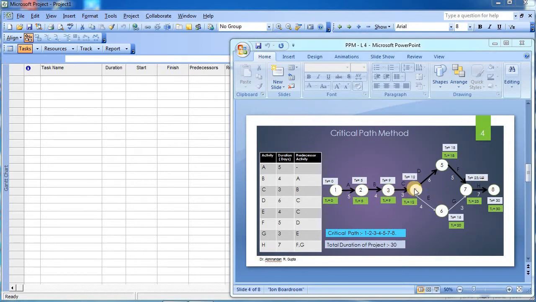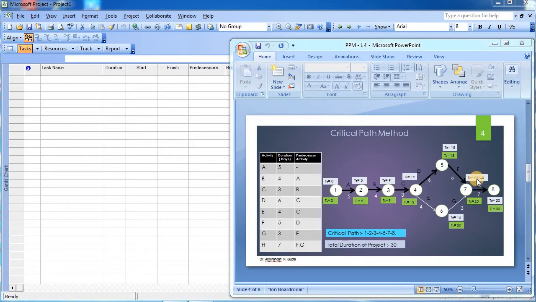Now while doing this you can see over here for event number 6 you need to complete all the activities before 6, so you need to complete E and C, and thus the duration will be 12 plus 4, 16. To achieve 7 you should complete activity F as well as G. So for activity F the duration will be 18 plus 5, that is 23, and from the other part it is 16 plus 3, that is 19.